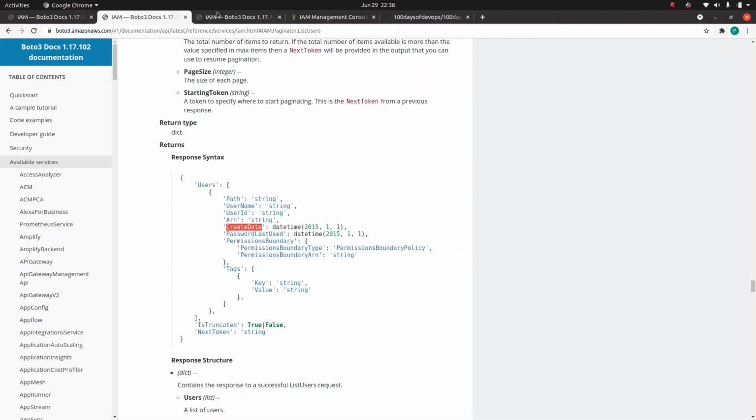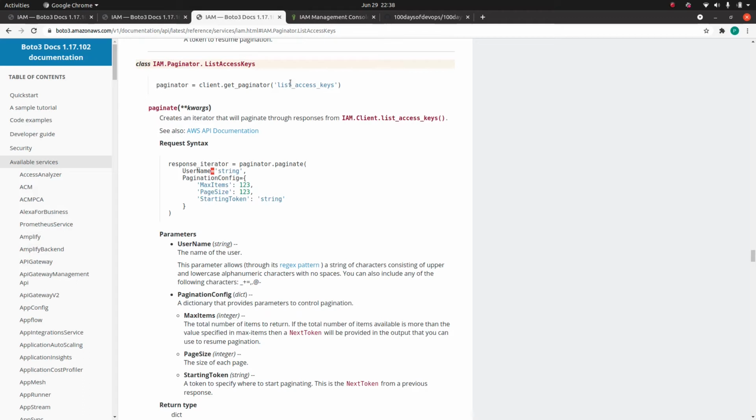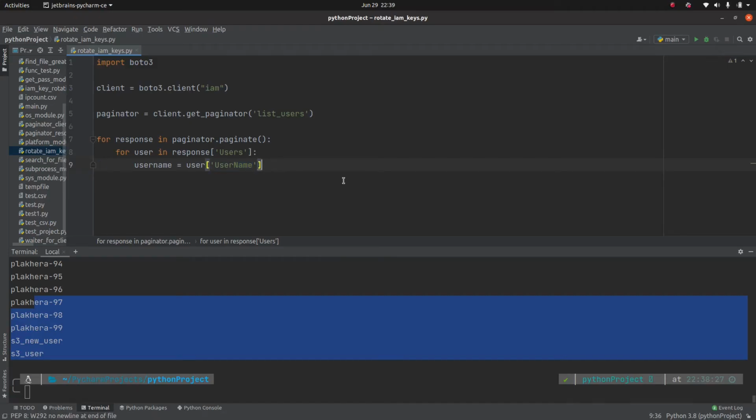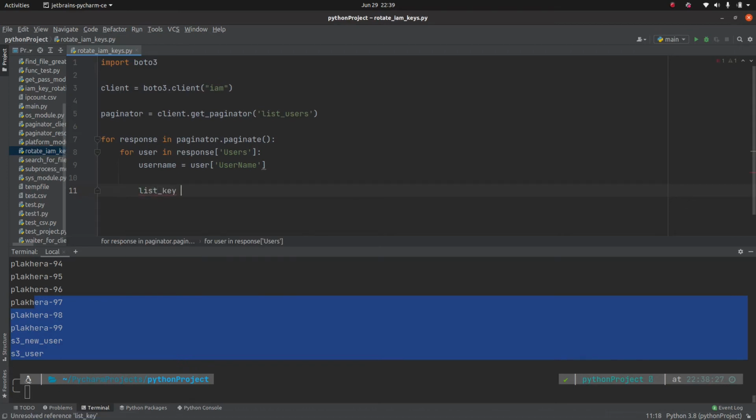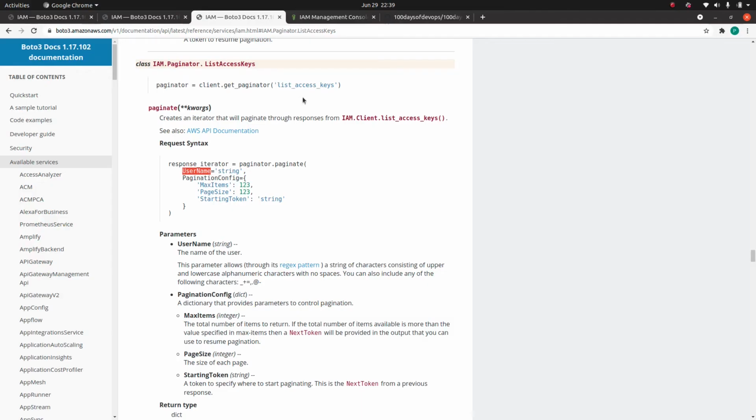And that's what I mentioned to you earlier. In order to list access key, we need to supply the username like this. So now I'm going to take a new variable called list key, right? And I'm going to use this operation called client list key.